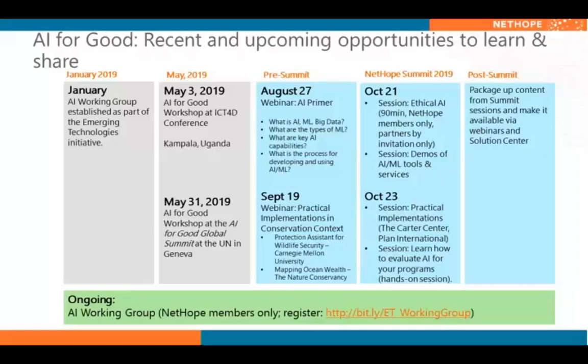First, we want to continue learning from the practical implementation. So this time we'll hear from two NetHope members and their partners, from the Carter Center and from Plan International. That session will be followed by a hands-on session where nonprofits will come with specific problem statements, whether they're